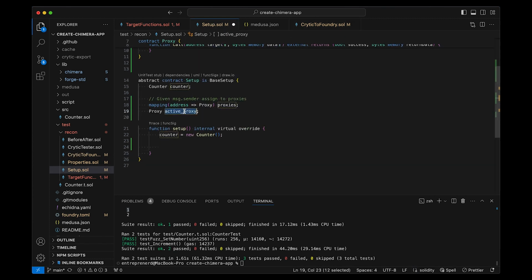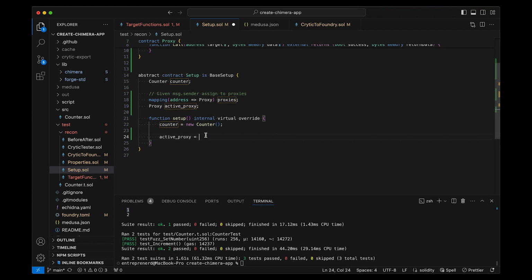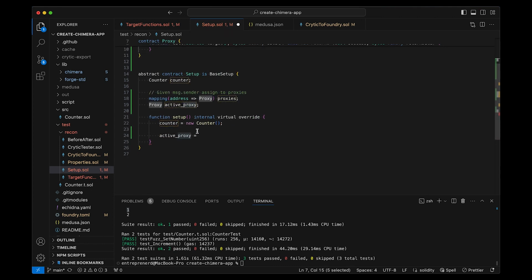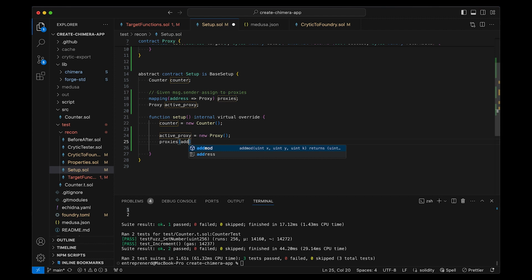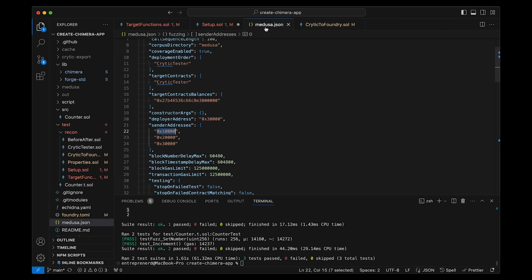So let me just add an active proxy equal to, or I guess we'll sort out the default case in a moment, but let's just start deploying a few of these. So active proxy is equal to new proxy, and then we'll set proxies[address of this value]